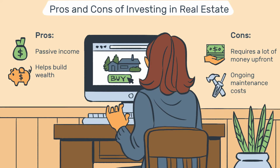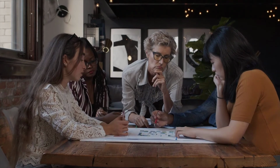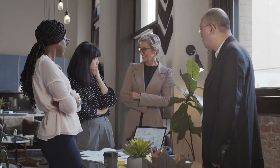Still, once you have a property that is established and fully rented, it's mostly a matter of managing the property and keeping it performing well. Additionally, there are professional property managers who can manage your property for you, usually for around 10% of the monthly rent. This professional management can make the investment much more passive, but will take a bite out of your cash flow. According to Brandon Turner, an active real estate investor and co-host on the popular Bigger Pockets podcast, the key to success with rental properties is buying